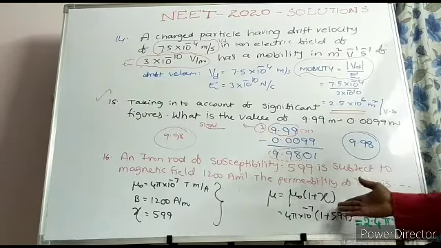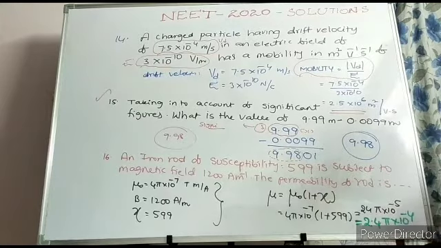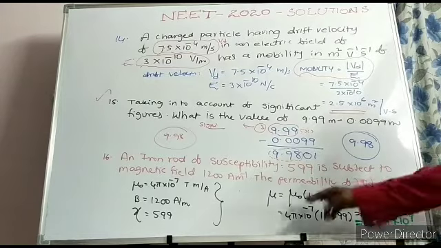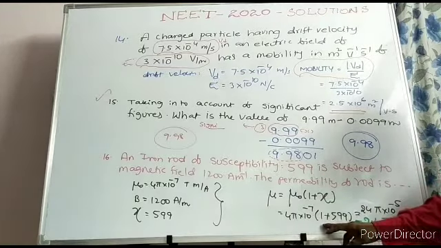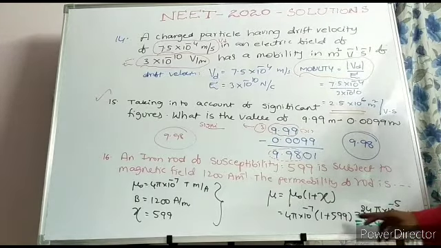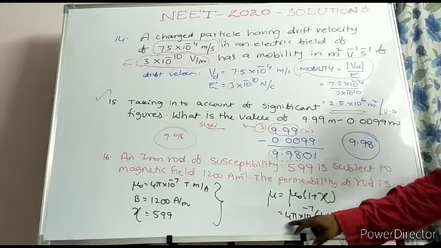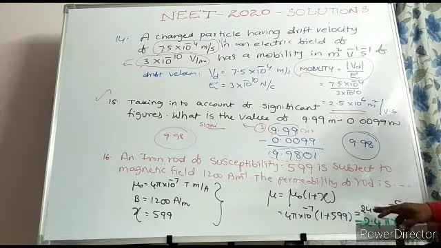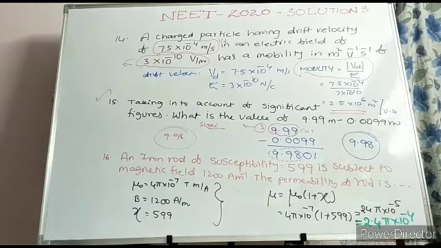Substitute in this expression: the relation for permeability is equal to permeability in free space into 1 plus susceptibility. So value 4 pi into 10 power minus 7 is substituted, and 1 plus susceptibility of 599. Finally we will get 600. 600 into 4, 2400. That is nothing but 24 into 10 to the power of minus 5 pi. So finally that can be written as 2.4 pi into 10 power minus 4 is the answer.